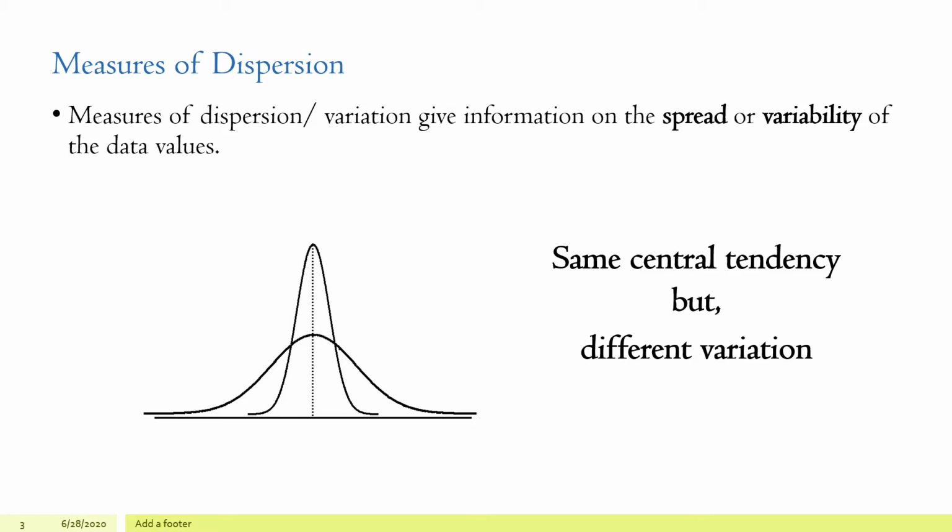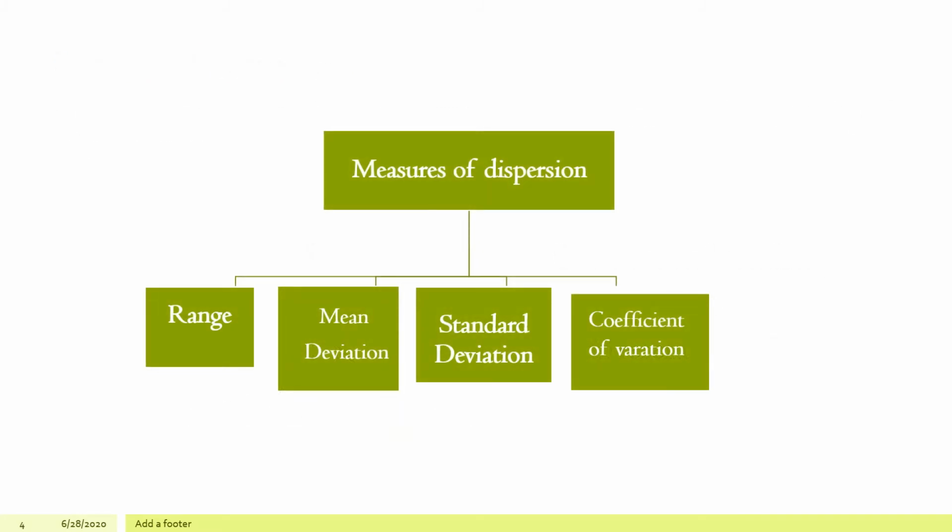The main aim of any biostatistician is to calculate the mean, that is the center value. So after calculating the center value, we should also check the most extreme values, either the lowest value or the highest value, because it will show how the data is spread from low to high limit. So coming to the measures of dispersion, the first one is range, second is mean deviation, third is standard deviation, then coefficient of variation.